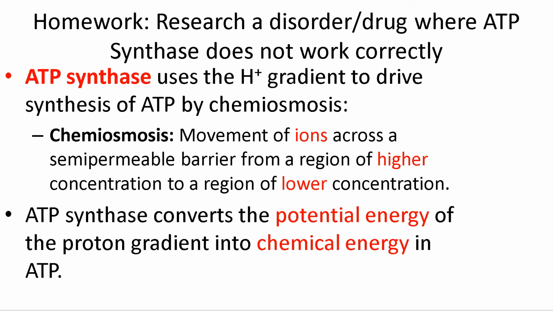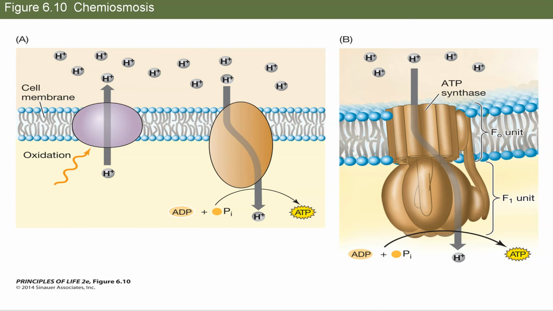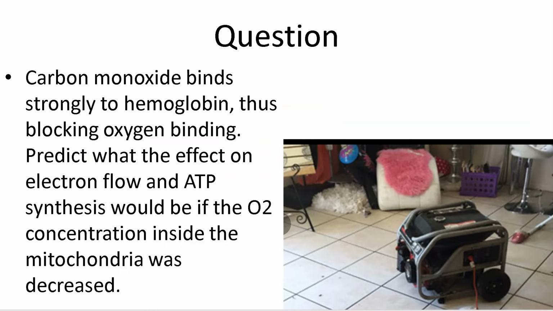We've learned this term before, but let's review it again. Movement of ions from higher to lower, okay? That's what it is. And so that literally turns ATP synthase like a motor, and it converts the potential energy of the proton gradient into chemical energy in ATP. So we're converting energy here. And so it kind of looks like this, has multiple different units. And so oxidation, create the gradient, pump through it, and then we use that chemiosmosis to oxidatively phosphorylate ADP and inorganic phosphate.